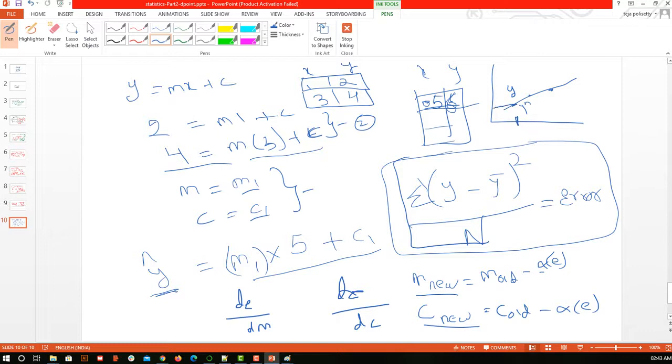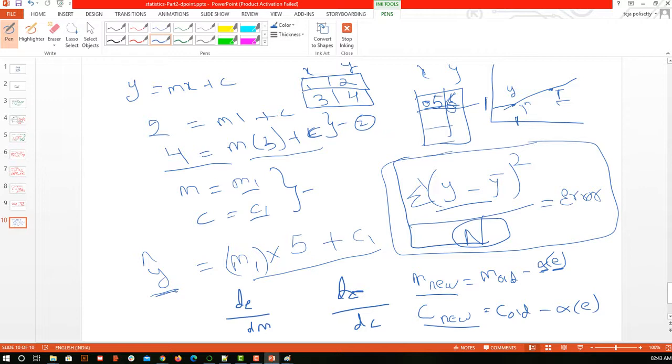The difference between them is this much, so this distance squared I am finding. Similarly for this point, if y is here and y bar is here, the difference between the actual and predicted I am finding here, taking the mean by dividing by n, and I am multiplying that error by alpha.